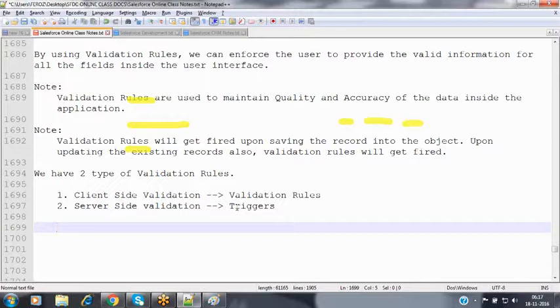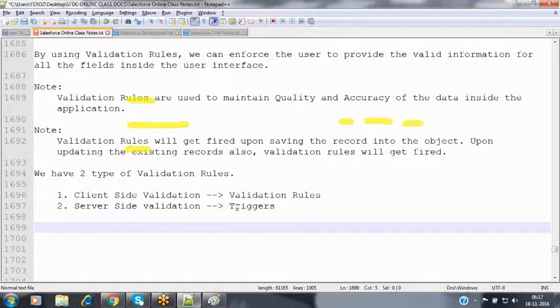For example, assume that I have a bank account, and in my bank account I have some amount. Today is the last working day of the month, and my company has credited some salary into my account. Once the amount has been credited, not before, you will get an alert. It may be an SMS alert or an email alert, saying that your account has been credited with so and so amount, and this is the available balance. You will receive the same message with the help of an email notification also.